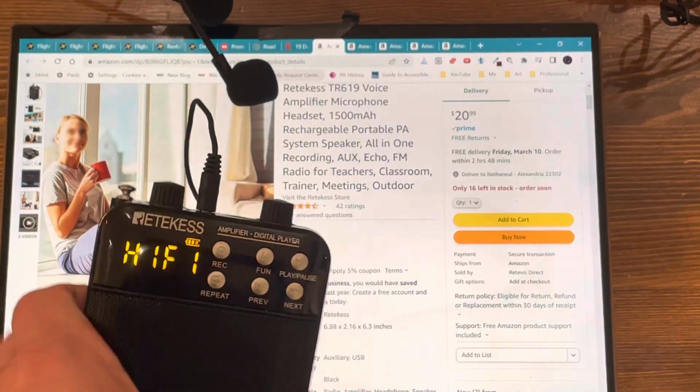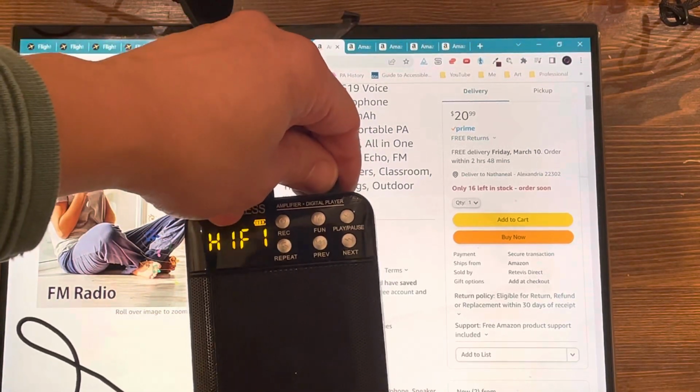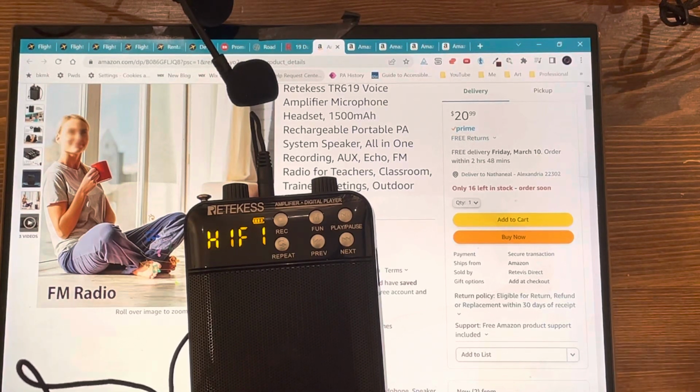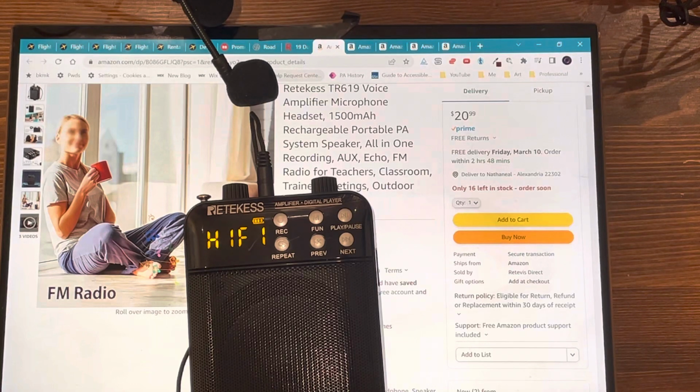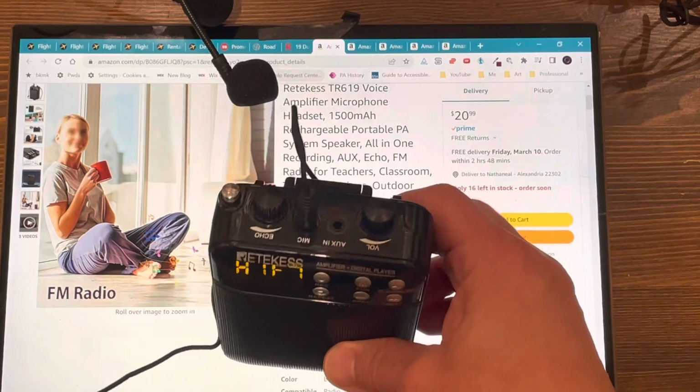Now you can see on it, let me tint this down. It's got a function button, but they called it FUN, F-U-N, rather than F-N. I was kind of confused on that until I read the directions, mainly because it didn't work, and it's got an M on it, so I thought it was mute. I'm not really sure what that's all about, but anyway, it's supposed to control the toggle between